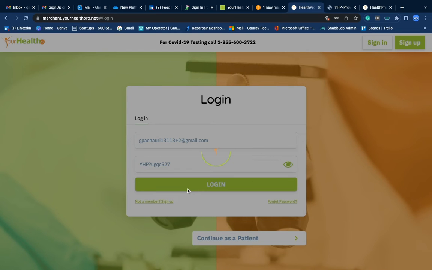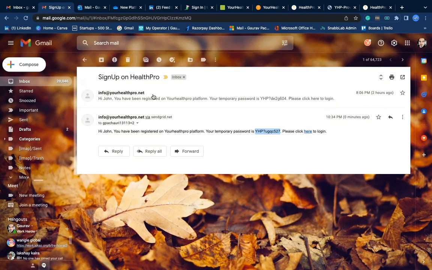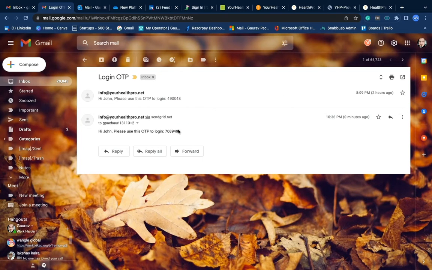Now I can just go back to the email where I've got the OTP. This is the OTP. I can just copy this and go back to the panel and paste it here and hit the verify button. Once I hit the verify button, it is going to take me to my merchant account with all the information